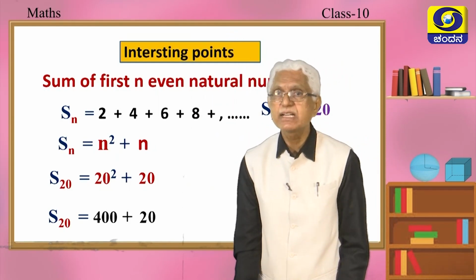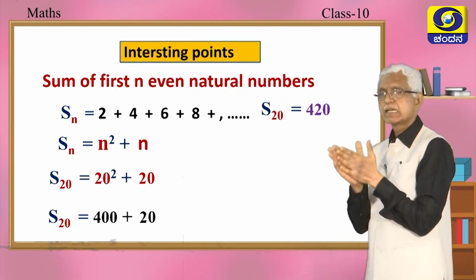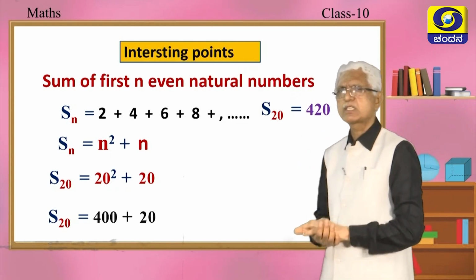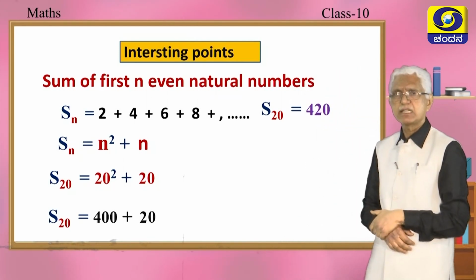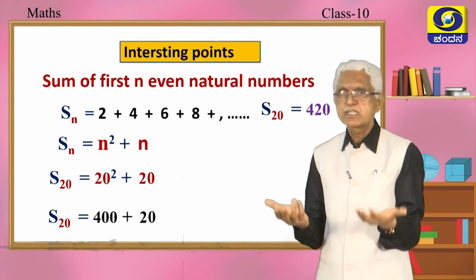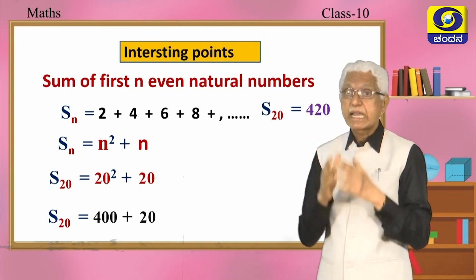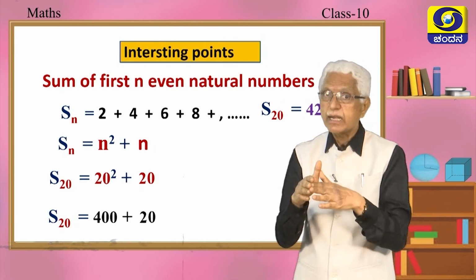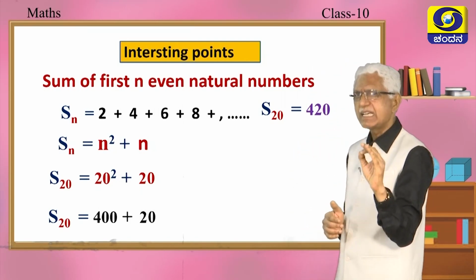Suppose I am asked to find the sum of the first n even natural numbers. First n even natural numbers. 2 plus 4 plus 6 plus 8 dash dash dash, correct? N even natural numbers. I am sure you will be asking, why you want to think of one more formula, sir? Can I not use Sn is equal to n by 2 into a plus l? You can use, sir. Sn is equal to n by 2 into a plus l, you can use. Can I not use n by 2 into a plus n minus 1 into d? You can use, correct? But I think we are trying to give you something interesting.